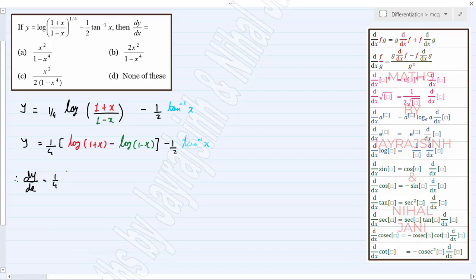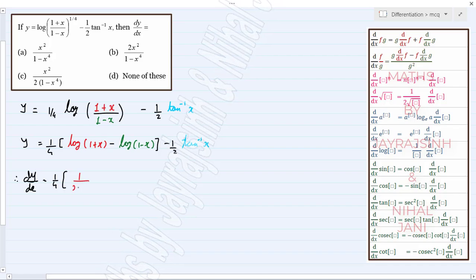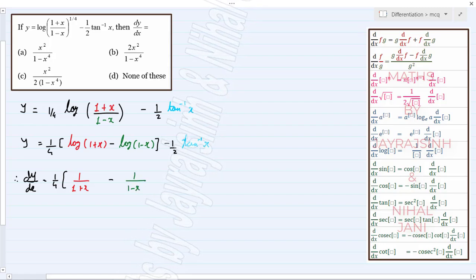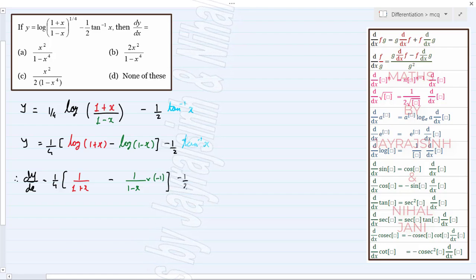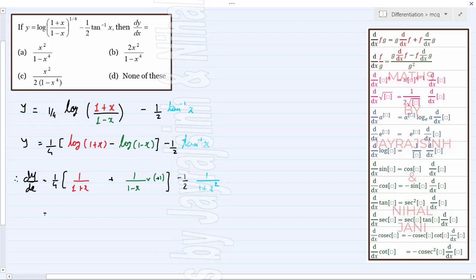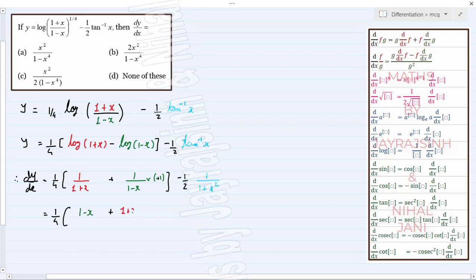So 1 by 4 will be as it is. Differentiation of log 1 plus x will be 1 upon 1 plus x, minus differentiation of log 1 minus x will be 1 upon 1 minus x into minus 1. Minus 1 by 2, differentiation of tan inverse x is simply 1 upon 1 plus x square. In further simplification, this minus minus becomes plus, and we have to take LCM. So we will get 1 minus x plus 1 plus x